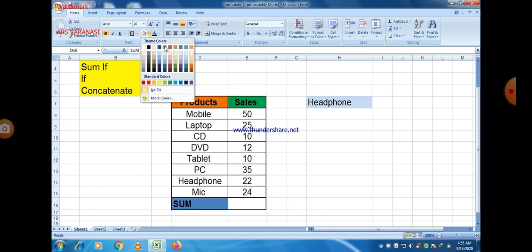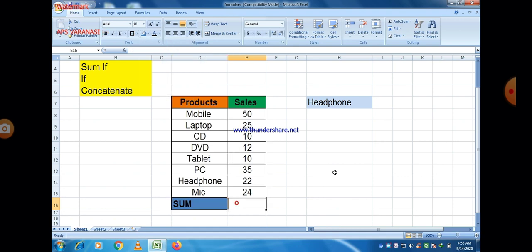Sum. So we have to make the sum of different cells. For this purpose, just use the auto sum. Click on the auto sum button, and you can easily find the sum. If you double click on that cell, you can easily see the formula.